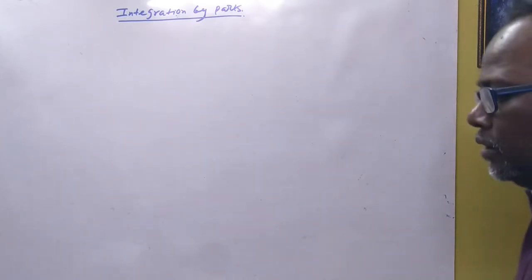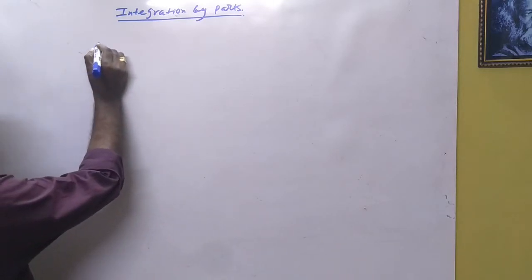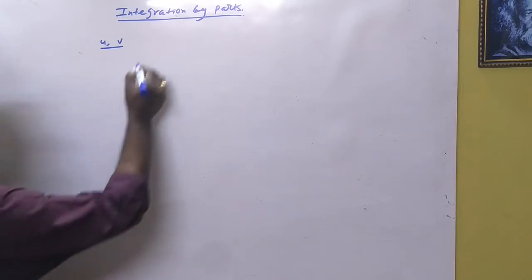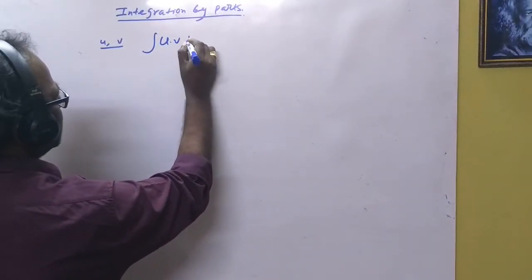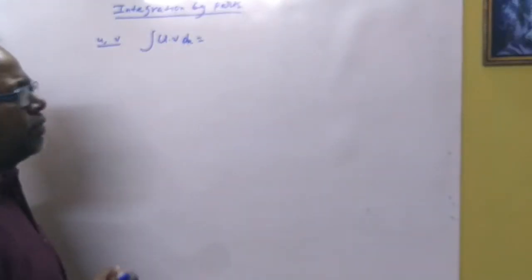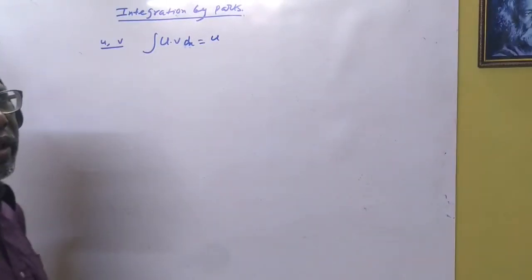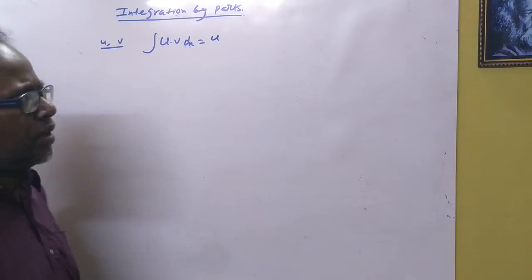Okay, see the method, formula discussion first of all. Let u and v be the two functions, and this is u into v dx. And the formula for u into v of integration by parts, let us assume u is the first function. There was a method when x into log x, tan inverse x, we will use x as the first function, and log x as the first function.